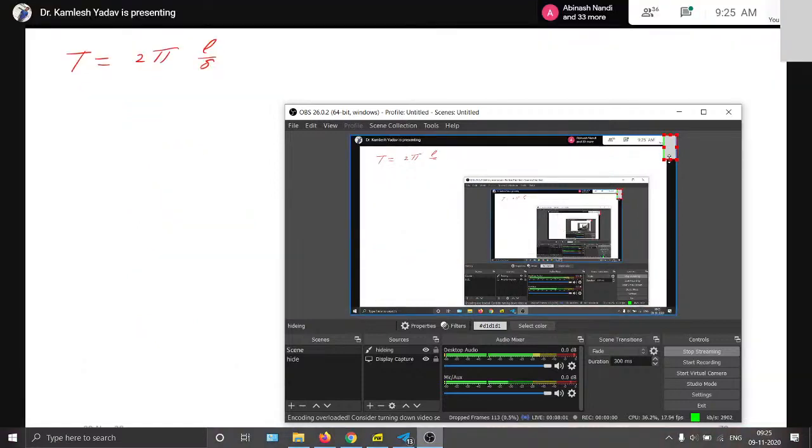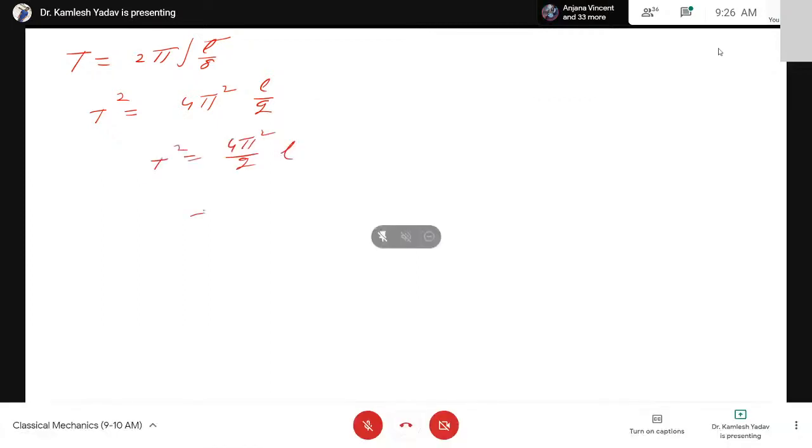Okay, therefore we have calculated for a pendulum that T is equal to 2 pi square root of L upon g. Now squaring both sides, this can be written as T square equals 4 pi square L upon g,